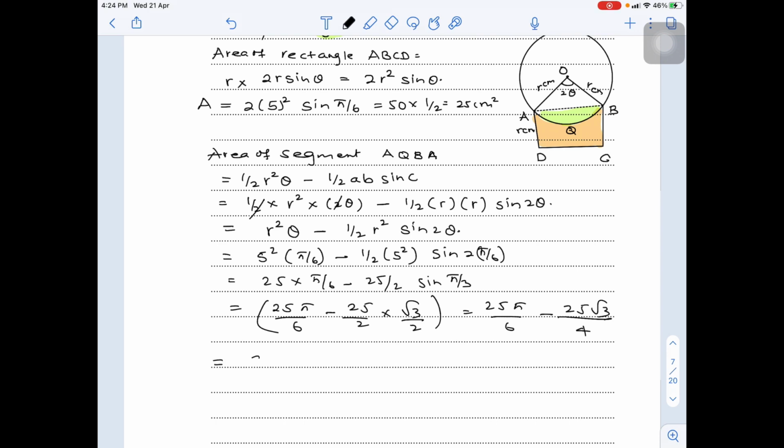All right. So that's the same as, use calculator, 2.265 square centimeters. Now the area of the shaded region is the area of the rectangle minus the area of the segment. Area of the rectangle was that, and area of the segment is that. So I'm subtracting that. Therefore shaded area